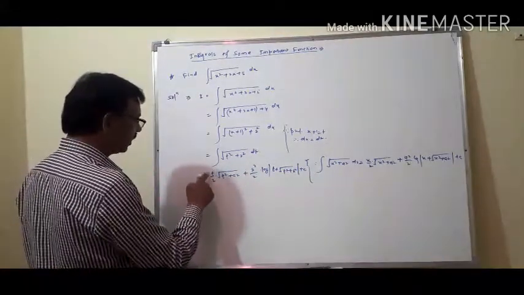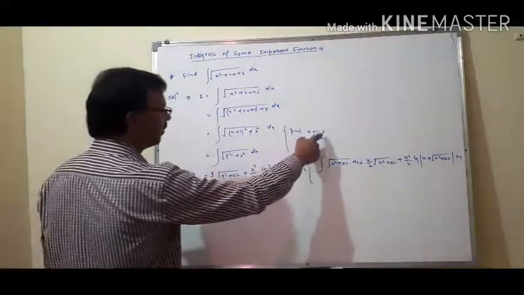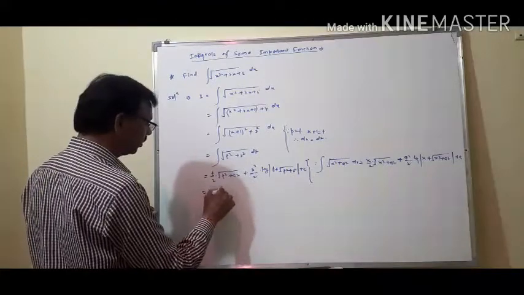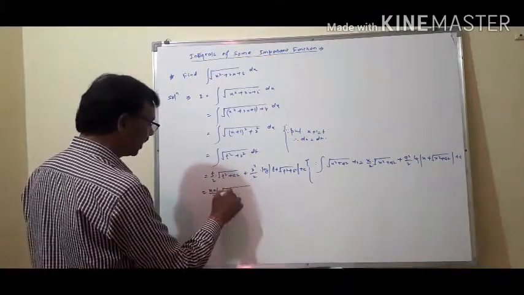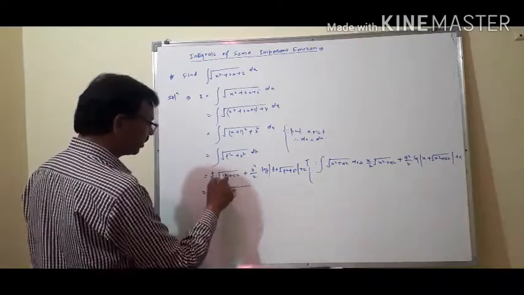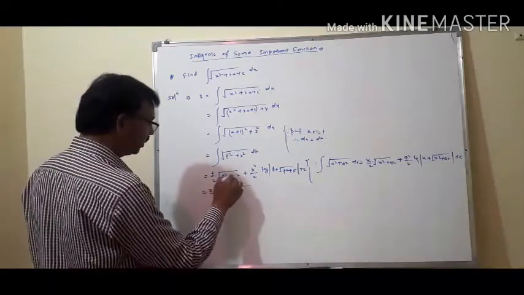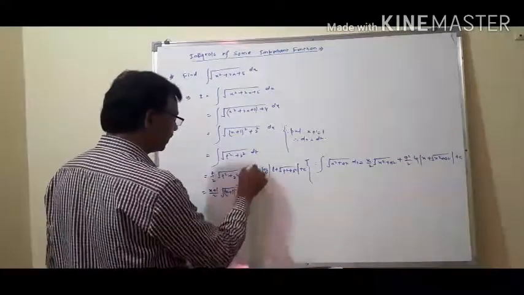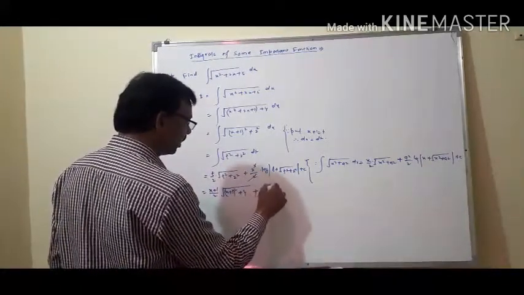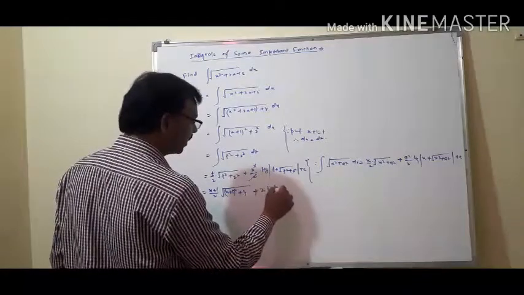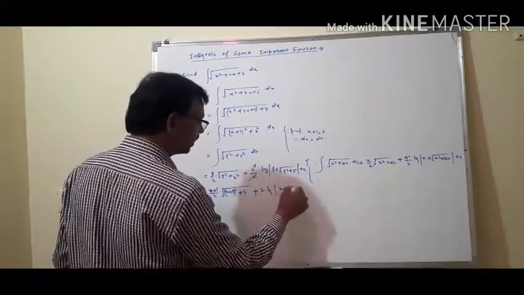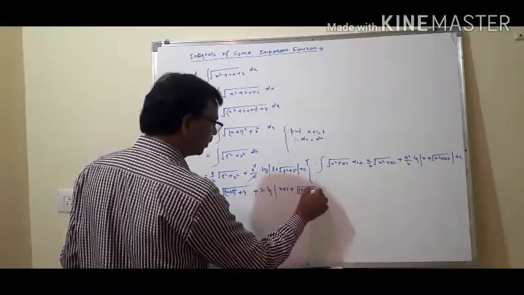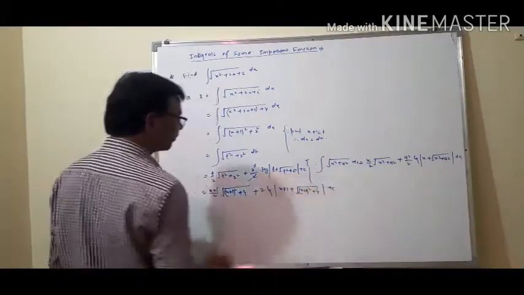Now in the place of t we can replace x plus 1, then this will be x plus 1 whole upon 2 into root under x plus 1 whole square, sorry, plus 2 square, this will be 4, plus this cancels, so 2 into log of, in the place of t, x plus 1 plus root under x plus 1 whole square plus 4, plus c.